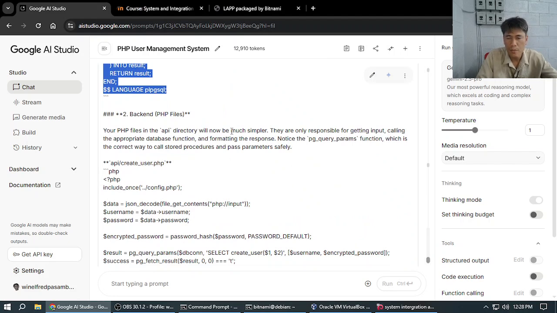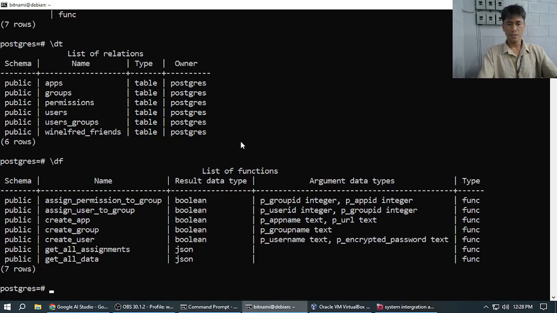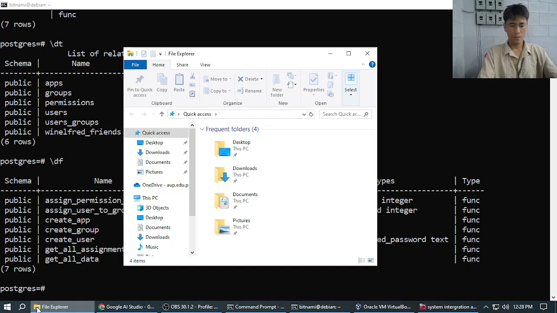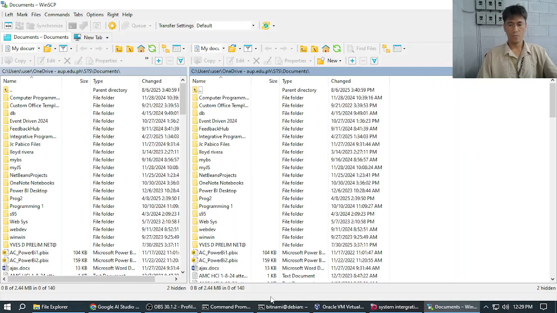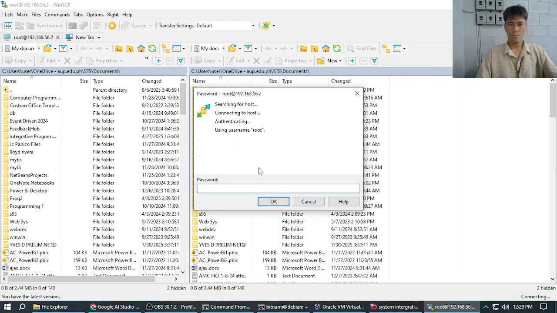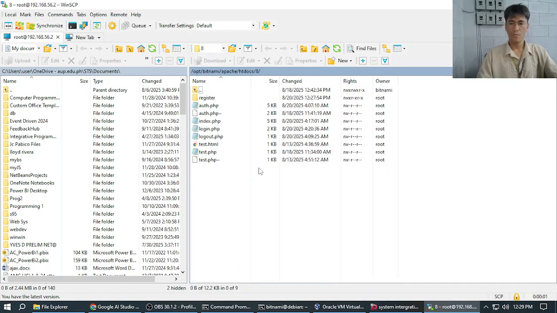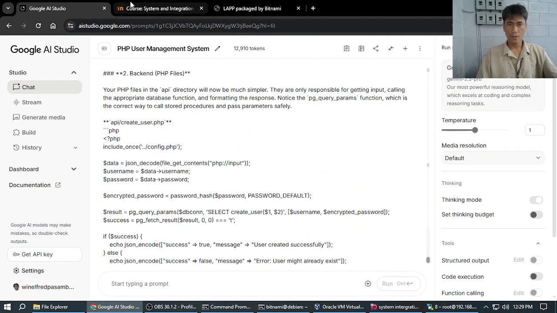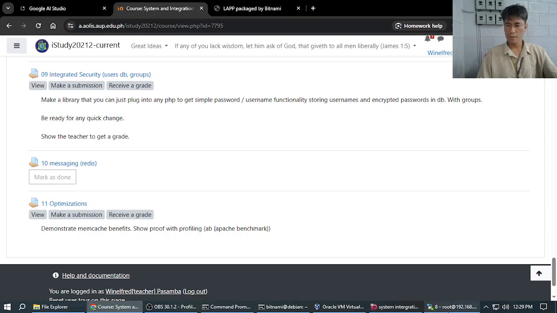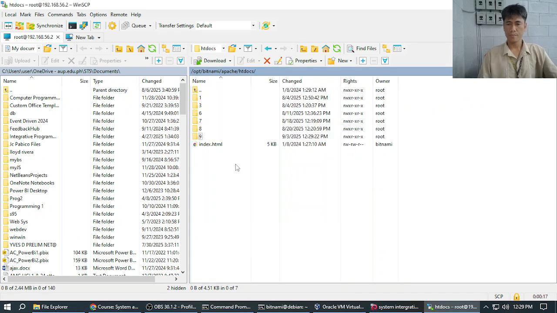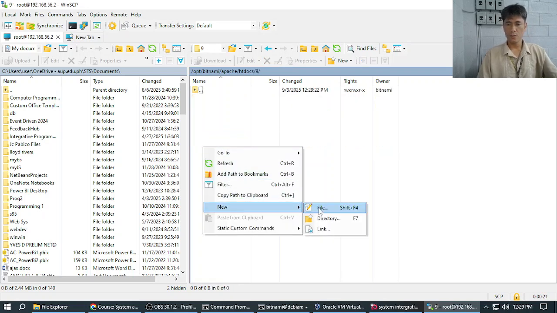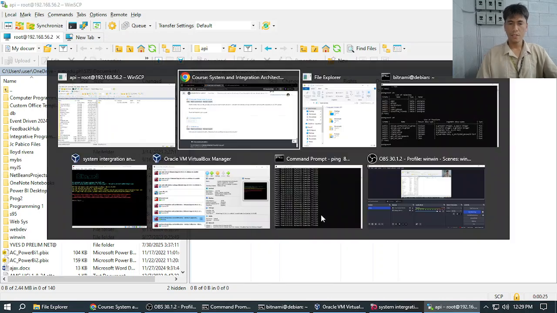Now for backend PHP files, the API will now be much simpler. So there's supposed to be an API folder. Let's make an API folder. We are in project number 9. So let's create project number 9. New folder 9. Then I think there's a new folder API. And inside API,